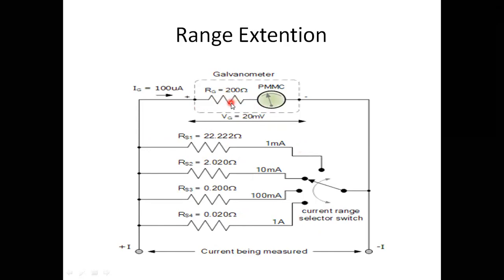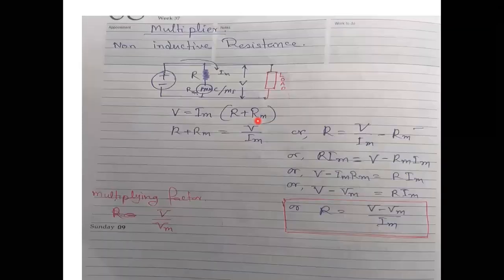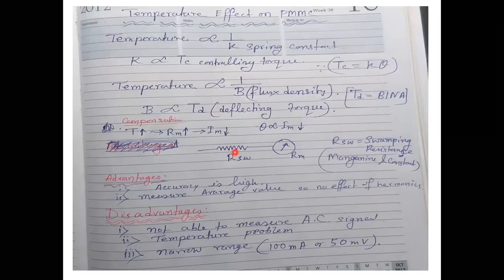This resistance is very hard. Maybe temperature is changed or not changed, this resistance will not change. So what happens if this swamp resistance is there? All purpose, say it is a 10 ohm resistance. At 20 degree, this is 10 ohm. At 30 degree, this is 10 ohm. At 50 degree, this is also 10 ohm. And at 80 degree, also 10 ohm or 10.001 ohm.